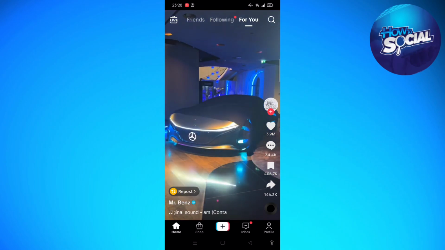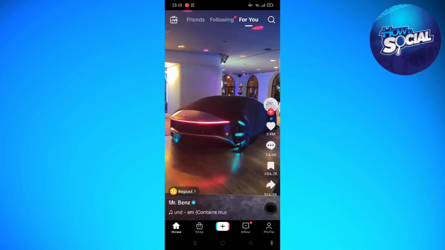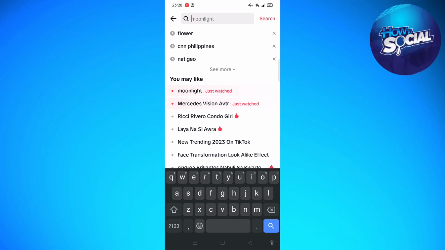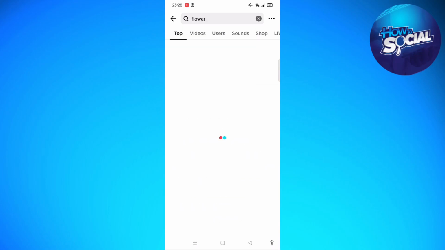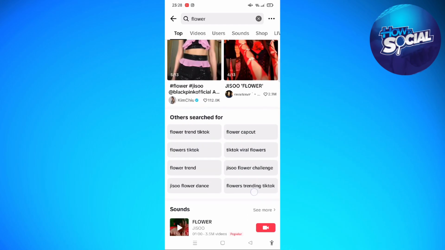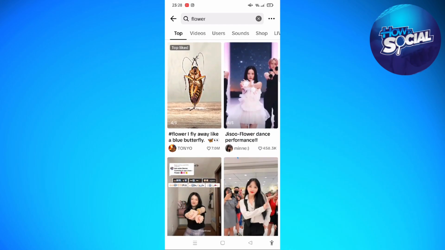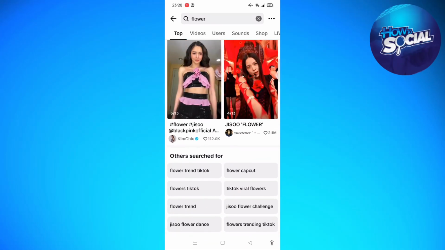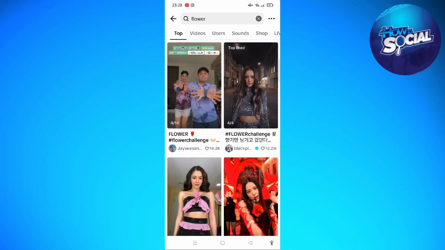So if you tried to search a keyword on TikTok, like here, for example, I search for flower, and as you can see on my screen, I have some videos that are visible since I searched a keyword right here on my search bar. But if this is not the case for you and you cannot see any video after you search a specific